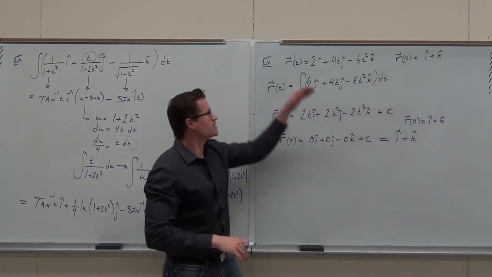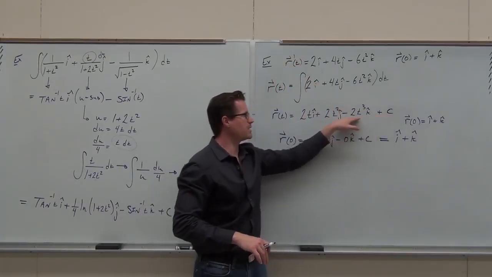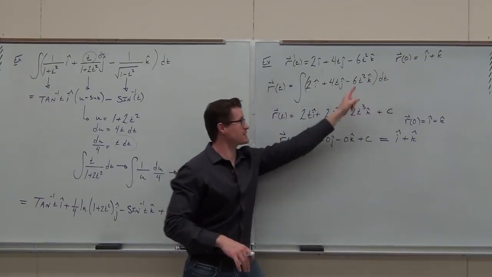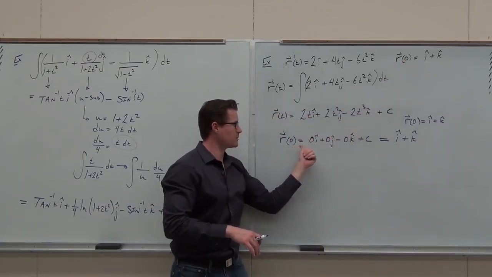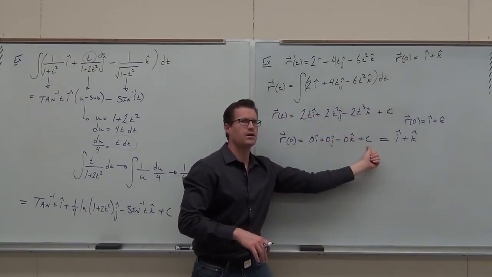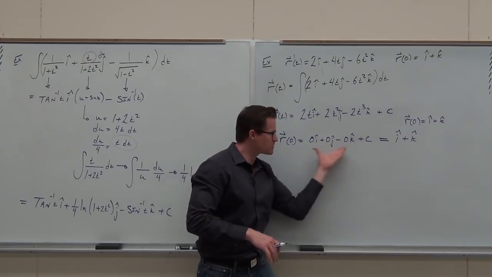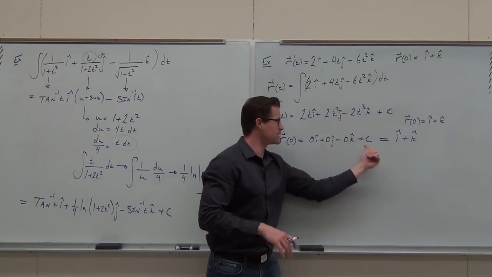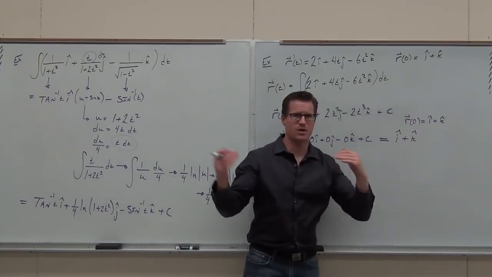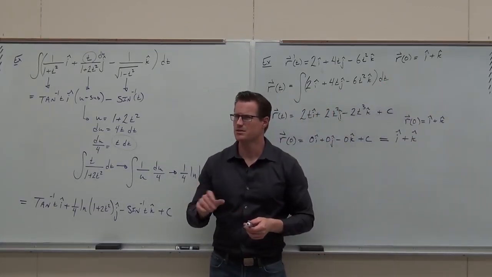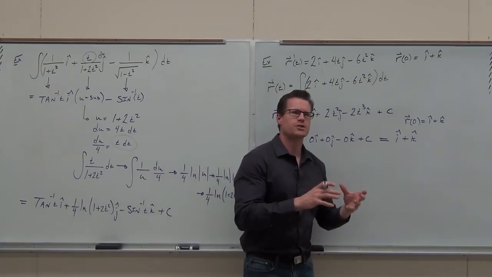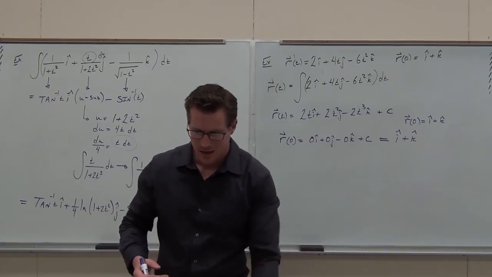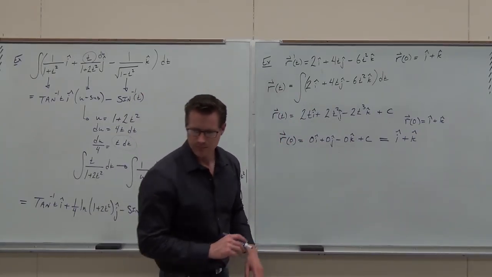So the way this works, do your antiderivative. Get your family of space curves. Plug in the initial value that it says. This says when you plug in 0 plus c, this must be equal to i plus k. If this equals r of 0, which it does, and this equals r of 0, which it does, transitive property, they have to be equal to each other. Does that make sense to you? Solve for c. Now this is really nice because everything's 0. That's pretty convenient. But solve for c, and we get that